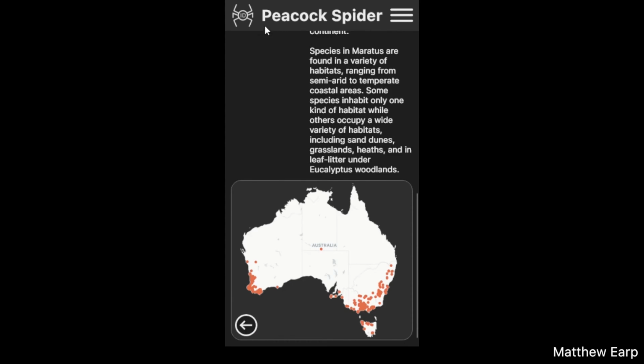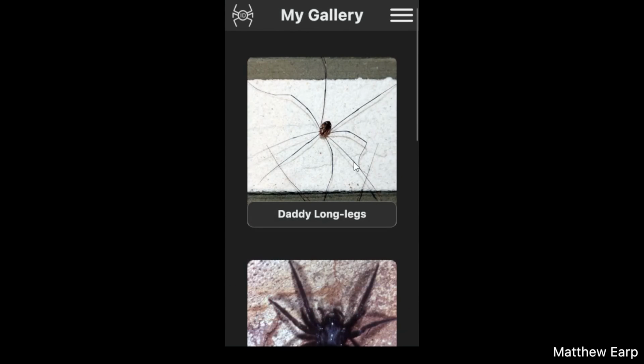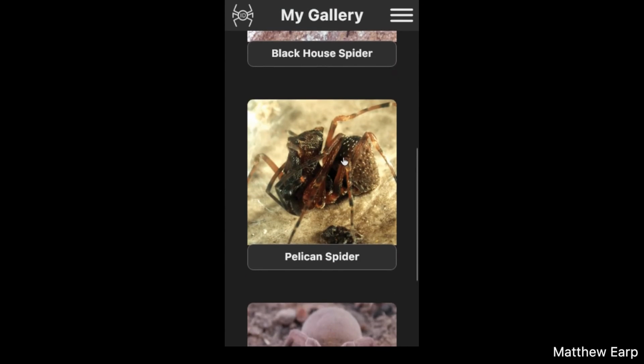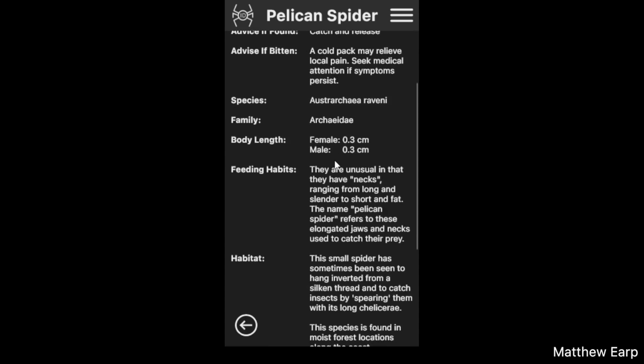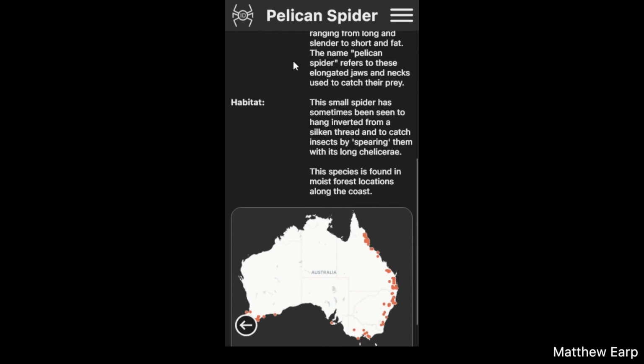He goes back to the home screen and opens My Gallery to look for his photo. Finding the photo he was looking for, he learns the spider is called the pelican spider. Wanting to know more about it, he opens its info page and begins reading. Shortly after, the bus is nearing his stop, so he closes the app and alights with more spider knowledge than